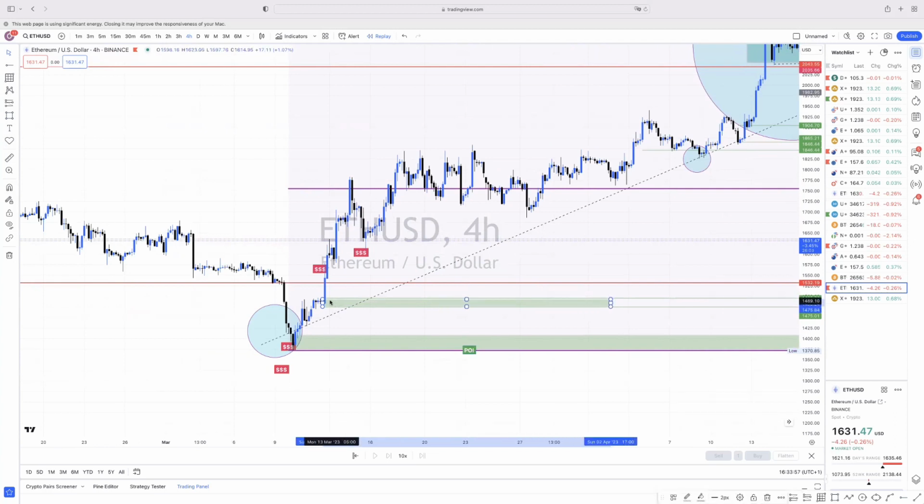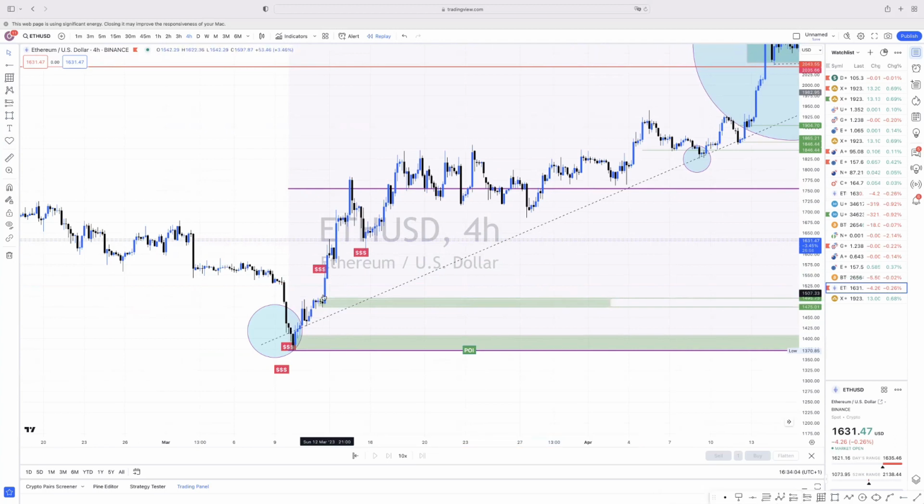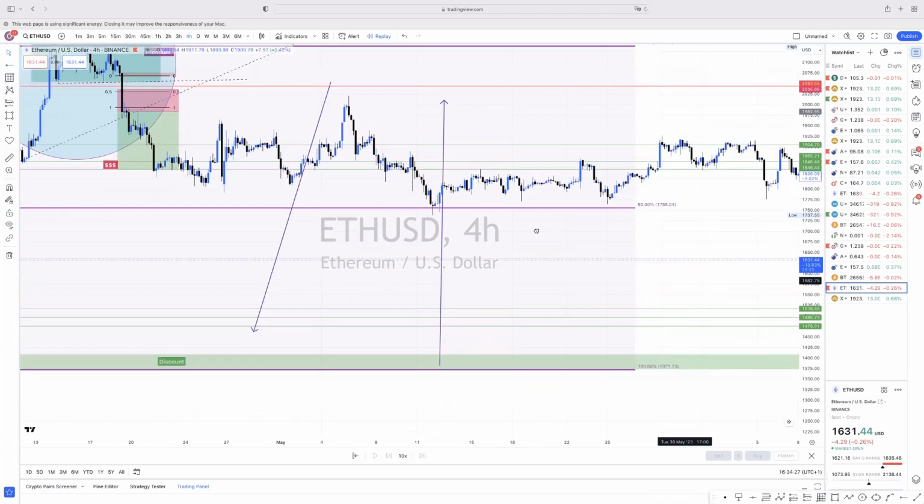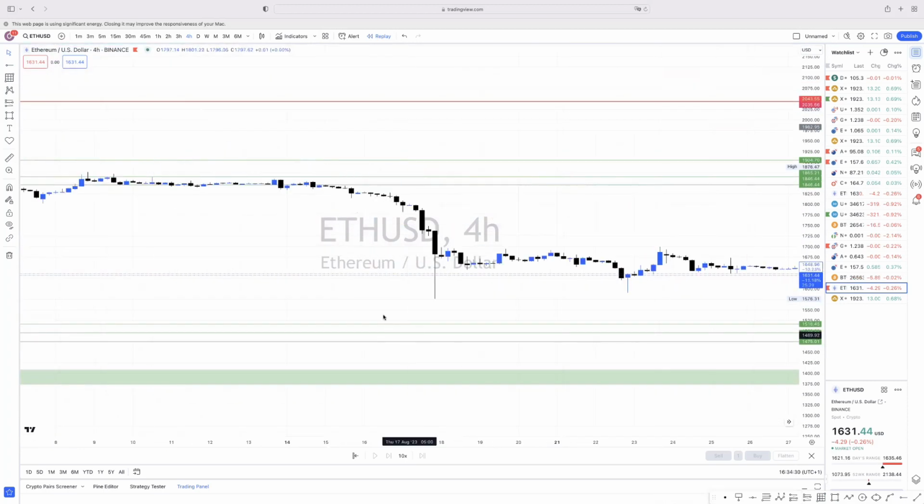Now, from the high of the candle that caused that breakout to the low of it, let me remove it, I want to show you a fair value gap. So you can see this is the high of the first candle, which was broken out, and this is the low. So there is a fair value gap between this black candle and this black candle. Now, if you mark the middle of this fair value gap, which is the consequent encroachment area, there is a likelihood that as price is coming down now,